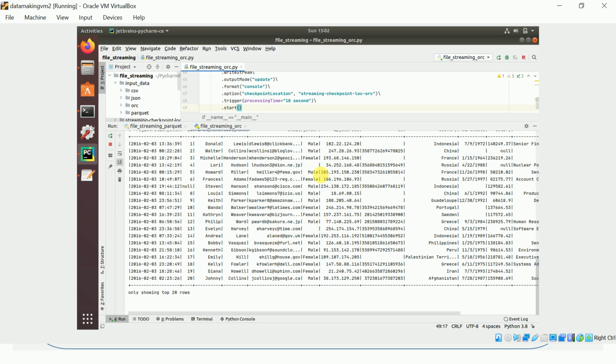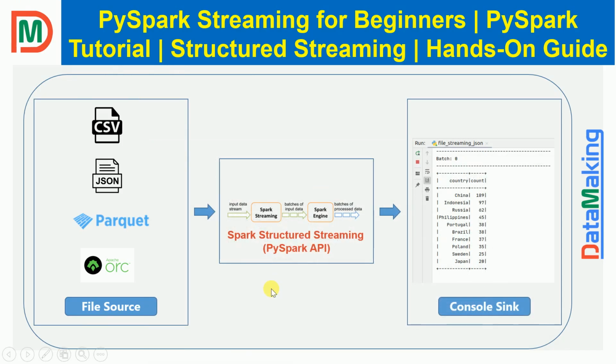So what we saw is basically a recap. We saw that Spark structured streaming streams the data from a particular directory. We used different directories for different file formats. For CSV, we used the CSV4 directory and we pushed the CSV file. It was able to consume it. In Parquet and JSON, we were not able to consume it.